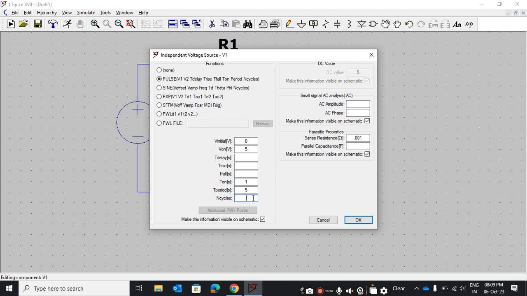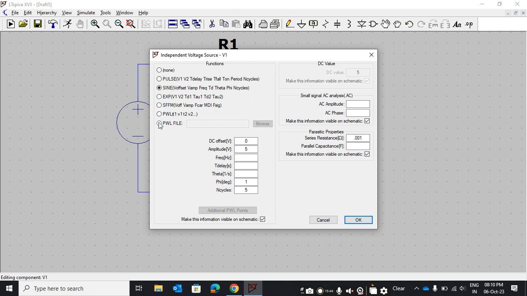I will make a separate video on how to use the voltage source, but as a general overview, here you can select the sine wave. This is the pulse and this is the sine wave, and here is some advanced level simulation voltage source you can use, but I didn't use this because there is no requirement.